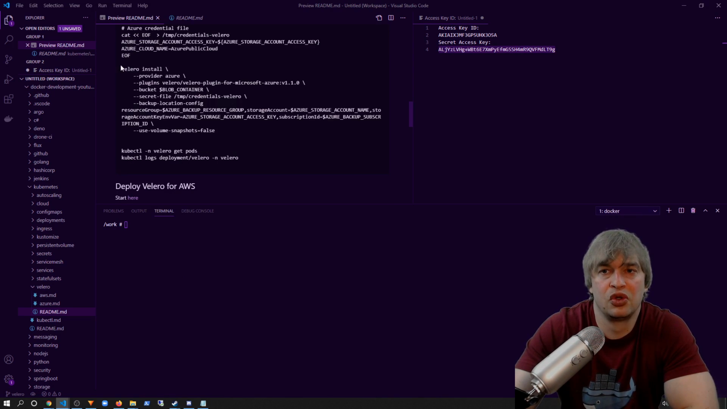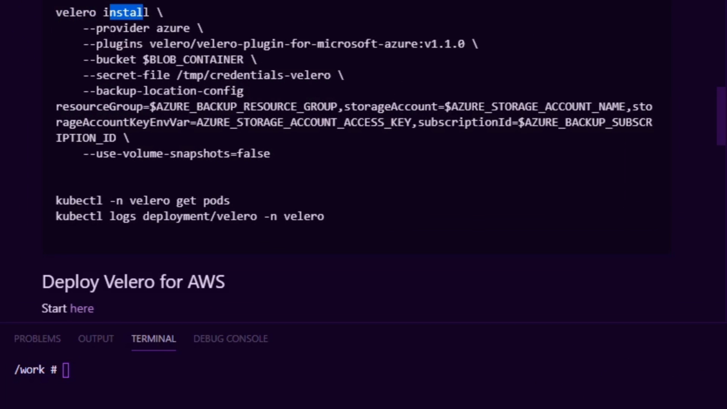So this is the install command. We say velero install. We tell it the provider is Azure. The plugin is pointing to that GitHub repo, to a specific version of the plugin. Our bucket is going to be our Azure Blob container, our secret file, which is the connection to that blob, and our